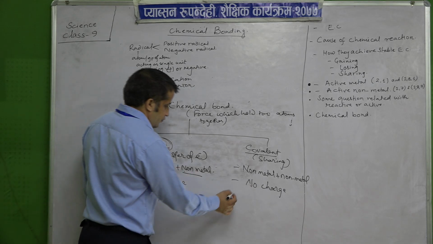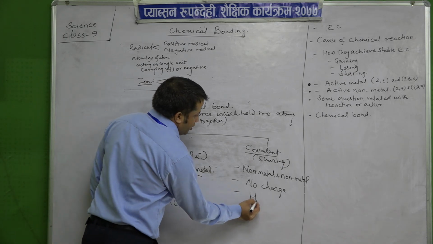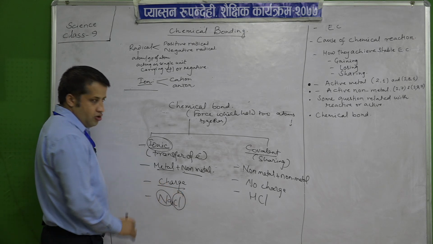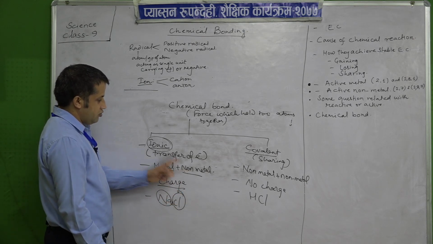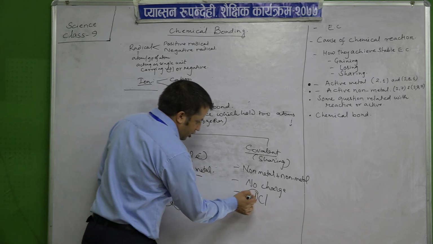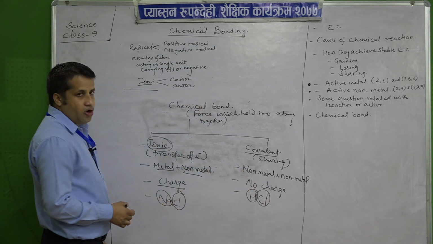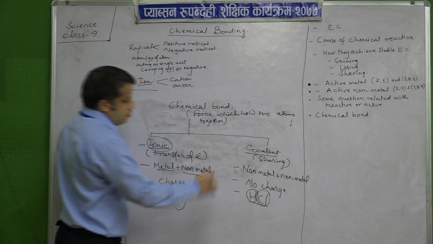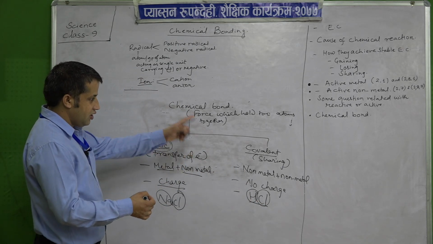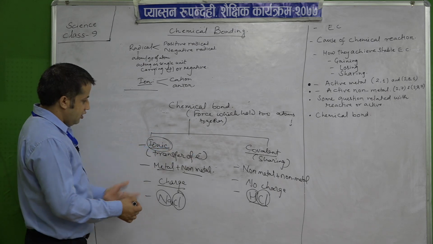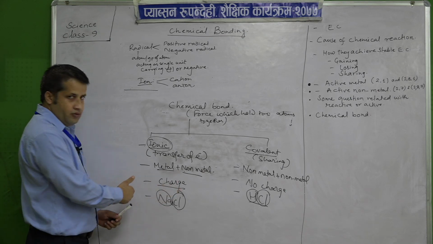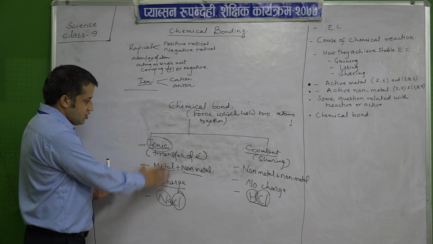And an example is HCl, hydrogen chloride. Here sodium is metal, chlorine is non-metal, metal plus non-metal, that is ionic compound. And this is hydrogen, this is also non-metal gas, and chlorine is also non-metal. So, this compound is formed due to covalent bond, sharing of the electron, and does not have any charge. And here sodium chloride is formed due to the transfer: sodium will give, chlorine will take. So, this is ionic bond.